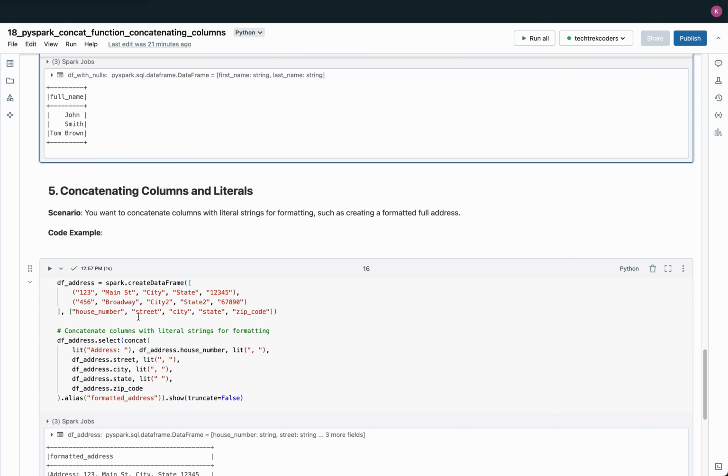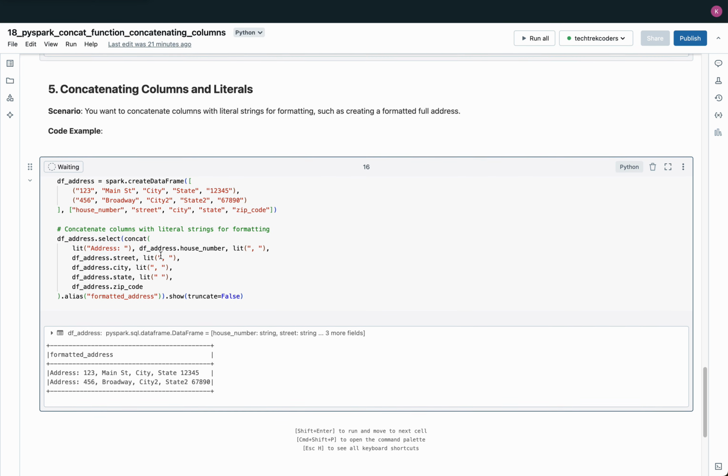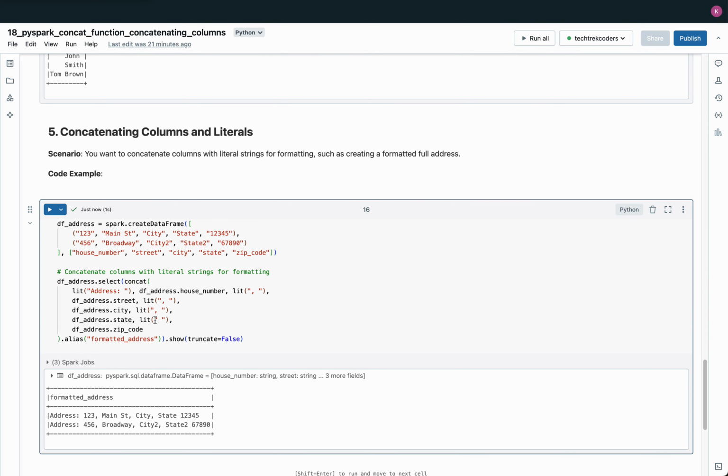5. Concatenating columns and literals. In this example, we are working with a PySpark data frame df_address that contains detailed address information including house_number, street, city, state, and zip_code. Our goal is to create a new column called formatted_address that provides a well structured and readable representation of the entire address. To accomplish this, we use the concatenate function from